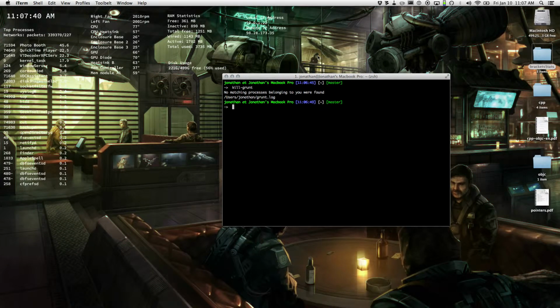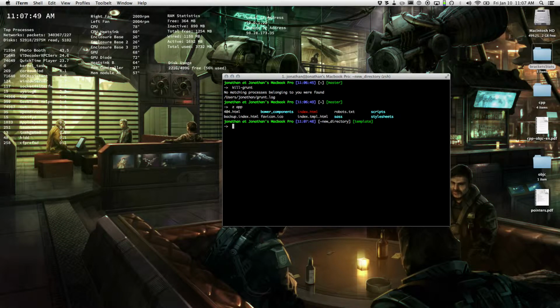I don't know about you, but if you're anything like me when you're doing web development, you end up with tons and tons of windows open, and usually it looks something like this. You've got your terminal open running Grunt server,